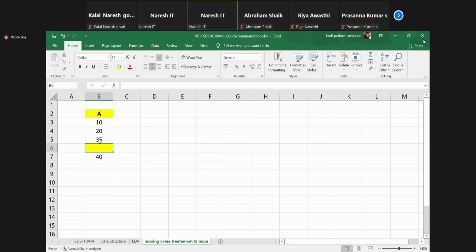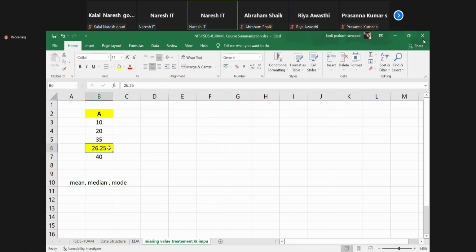Anybody tell me how to fill these missing values? Which strategy will we implement, guys? Mean strategy or median strategy or mode strategy? This is theory. In practical, I will tell you how to impute using the package called sklearn.impute SimpleImputer. Okay, all the imports, guys, we have followed this. Now, what is the average of the data? 26.25. So in the data set, if you take the mean, average means the mean, isn't it?